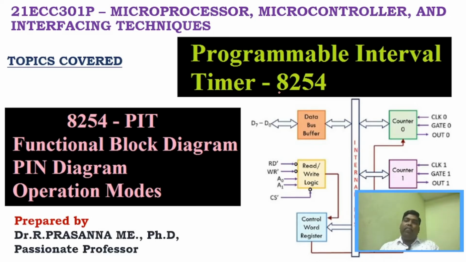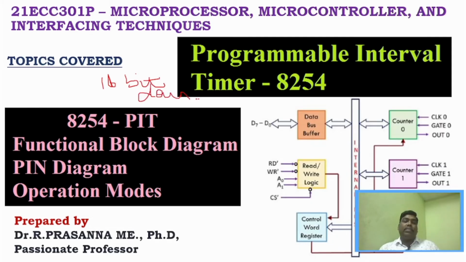And 8254, as I said, can act as a timer or a counter, and it has an internal clock, whereas in the early microprocessor, you don't have the internal clock, right? So in this 8254, it has three counters, that is counter 0, counter 1 and counter 2, right? And these counters are 16-bit counters. You have to understand, all the three 16-bit counters are called down counters.